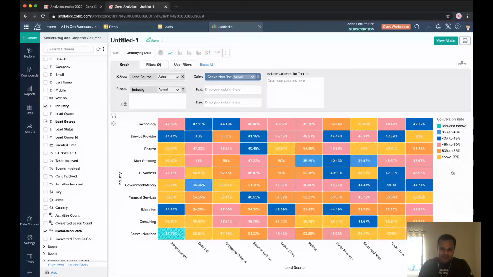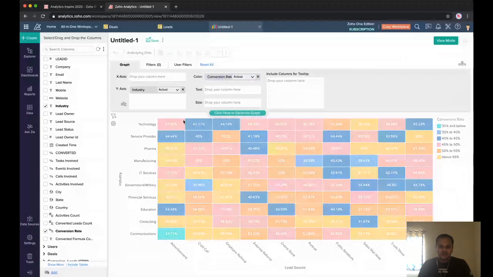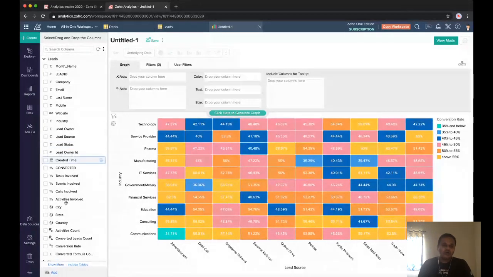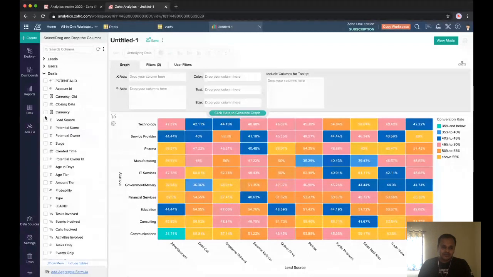So you can hover the mouse pointer on the legends and you can choose these things. Some of these visualizations are not used frequently, so you can choose these kinds of visualizations based on your requirement. Okay. And one of the frequently asked questions is how to create a report which shows the year-over-year growth,